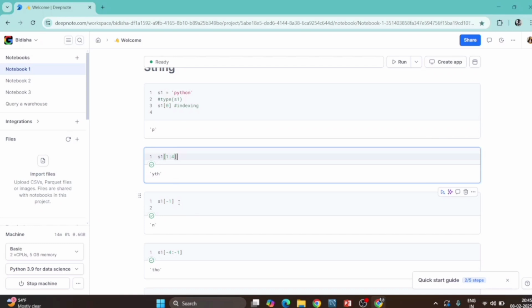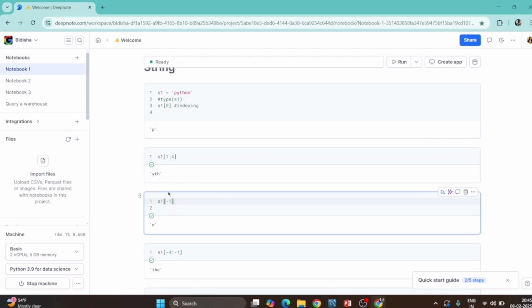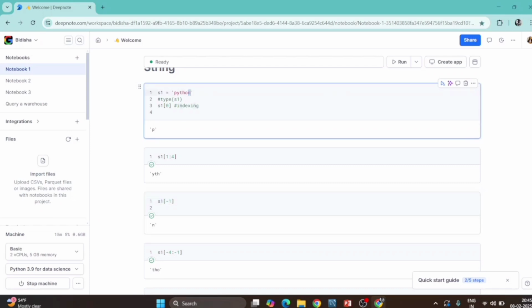Okay, so now if we want to reverse, so how can you reverse? Like you see, there are two ways you can print that n in Python. How can? First way, I have already told you that the first index is 0, second is 1. Now t here is 2. Now this 2, then 3, then 4, then 5. So if you print that 5,